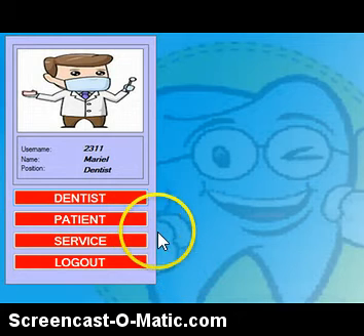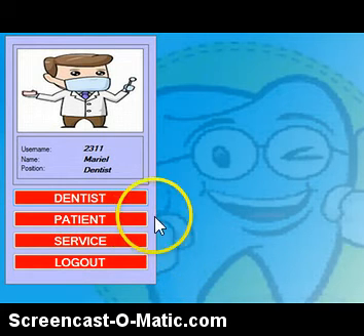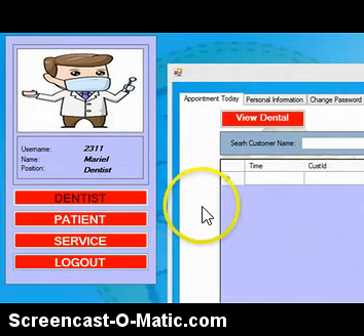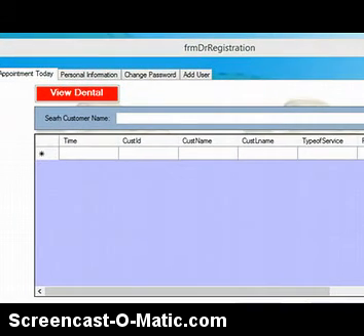So let's explore what the following menus or services are for the dentist. I will click the dentist, and then a new window will appear.